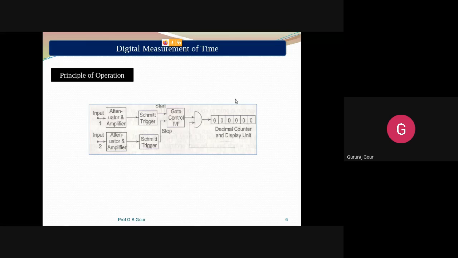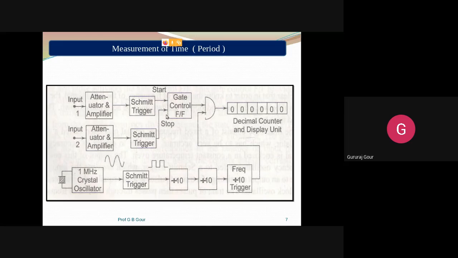Hope you may be knowing this one, theoretically how we can learn to measure the time period. Practically also we are adopting the same principle here. We need two reference points. One is a start input, you can see here. One is a start input is required. Another one is a stop input signal is required. The start input signal will tell you from where your input signal waveform time period is supposed to start measuring.